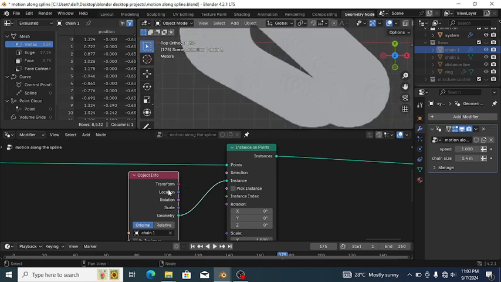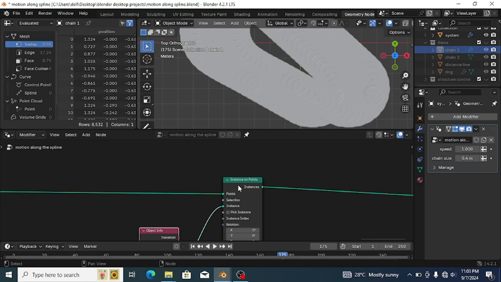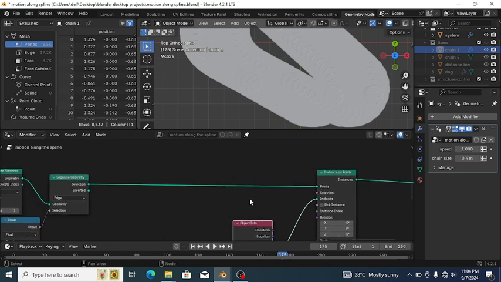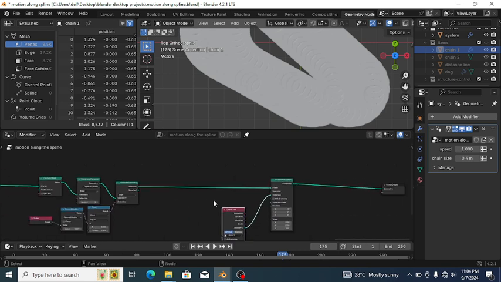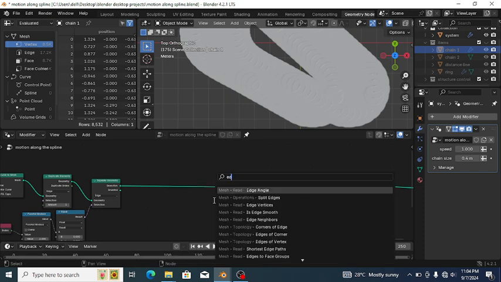So first of all, I want to point out something. We need to instance on one of the vertices in every edge. We don't want to instance on every point, but one vertex in every edge. And the right node to do it, in my previous references, was the edge vertices. So I'm going to add in the edge vertices,